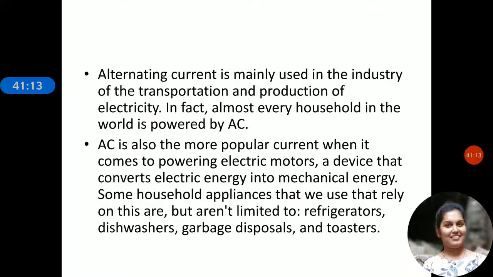With this presentation, we got to know how an AC signal is generated, what law is used for the generation of the AC signal, and how an AC generator operates and its construction. Along with that, we have discussed how a sinusoidal waveform is generated with the help of an AC generator. And finally, we have concluded this video with the applications of AC.